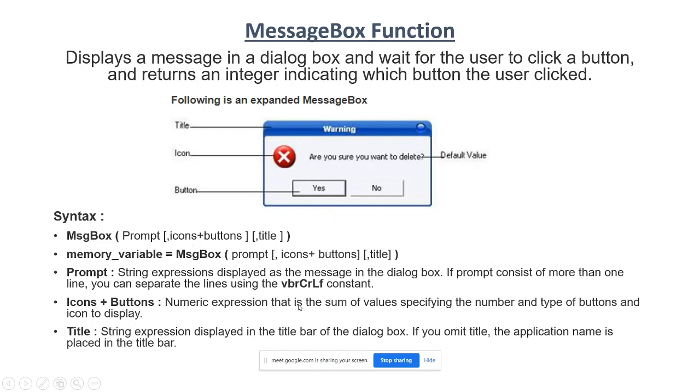Then icons and buttons, the arguments. See, it is a numeric expression, the sum of values specifying the number and type of the button and icon to be displayed. The icon displays the icon using the respective constant, and buttons display the buttons. Then the title is a string expression. You have to write it in double quotes, separated by a comma.